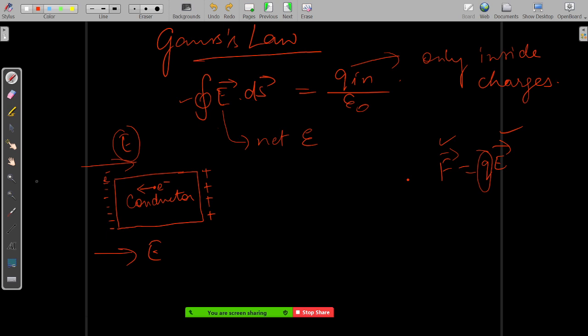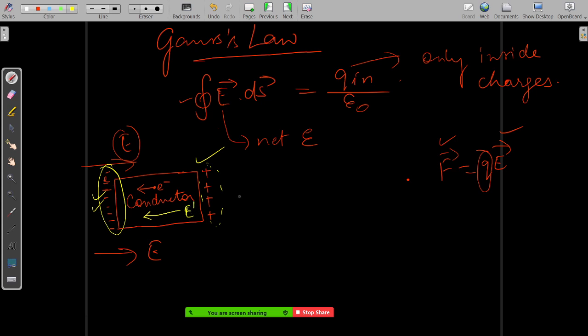All right. So this way you can understand that the negative charges will be pulled towards the positive charge. So that's why these negative charges get accumulated here. Since the negative charges are accumulated here, the positive charges are exposed on this side. So this particular side will be positively charged and this particular side will be negatively charged, right? So now you can see that there will be an electric field generated inside the electric conductor also.